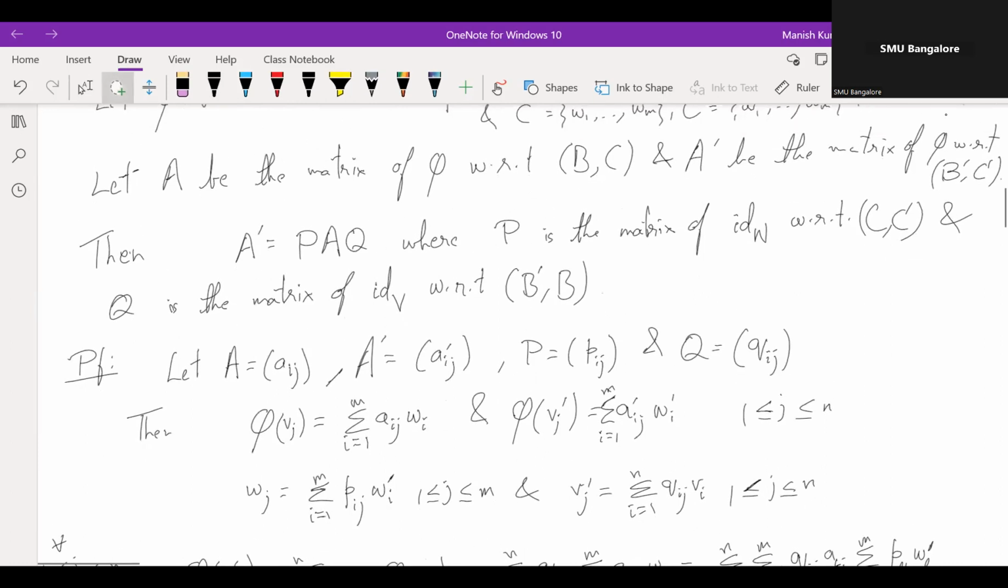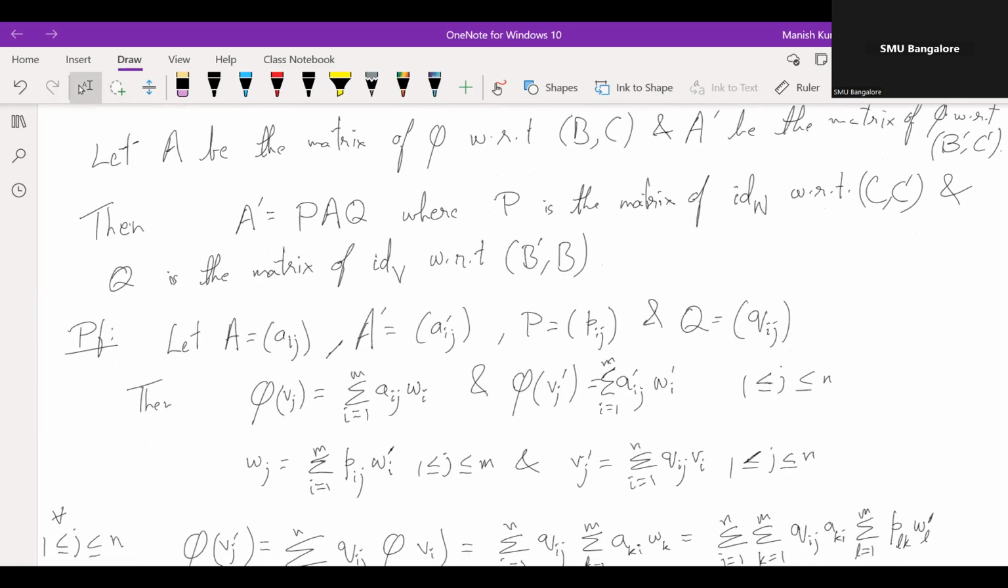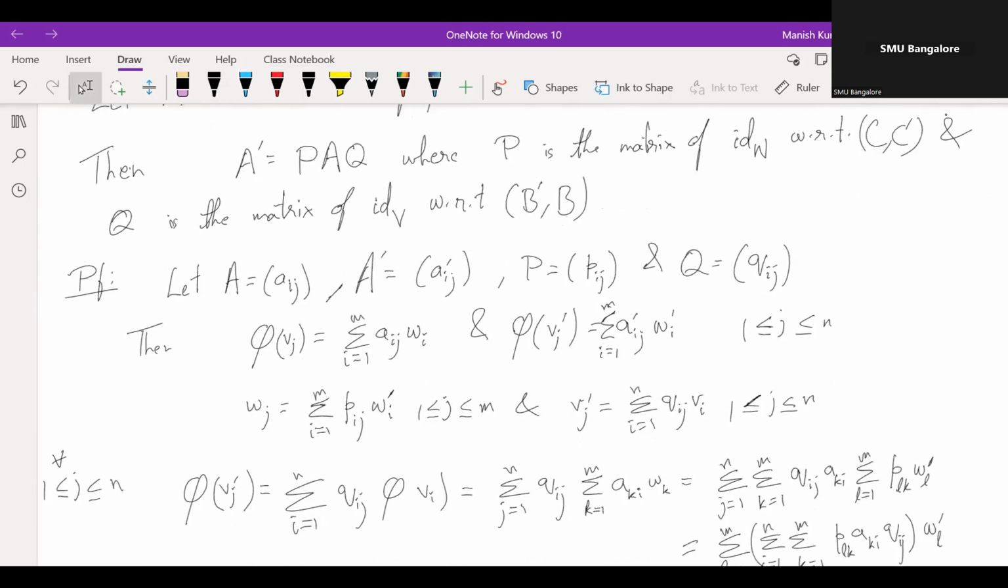So these are the facts I've copied down. Now let's try to build our case. We want to say that A prime is the same as P times A times Q. A prime is what is given, so we want to transform it. We want to get Aij prime in terms of PAQ. So for each j between 1 and n, we know that phi Vj prime is